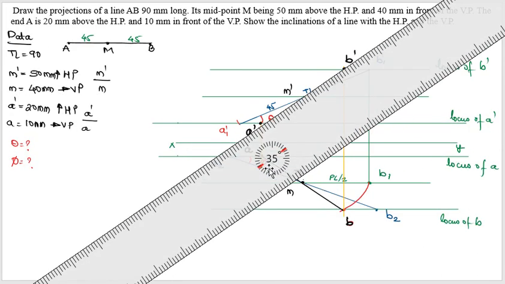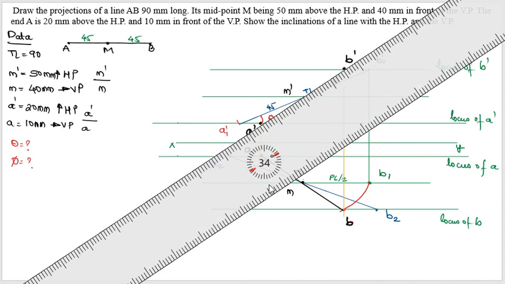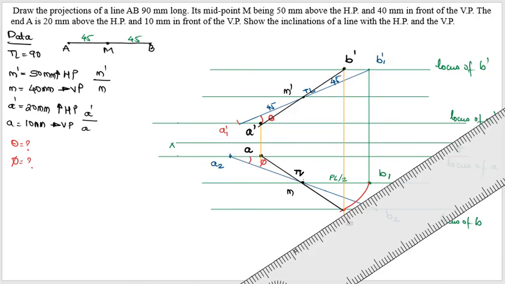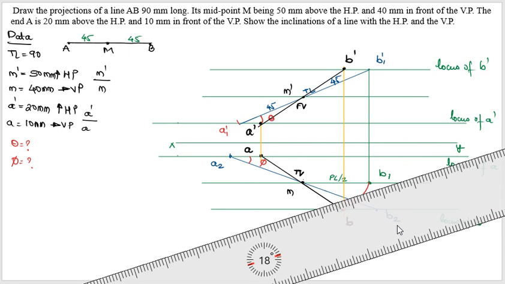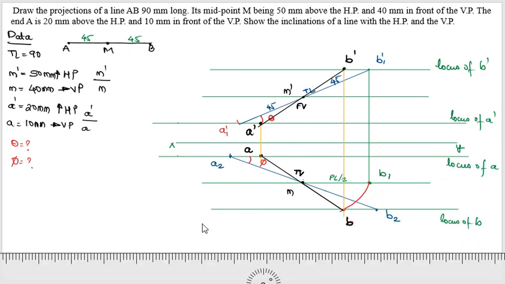Now I have not drawn with exact dimensions, still I will try to construct. Yes, it is passing. So I'll draw a line passing through point M dash. This line will represent the front view of the line. Here we can measure the angle theta. You measure it and write it down. Here I have not drawn with the dimensions, so you have to draw it with dimensions and note down the angles.